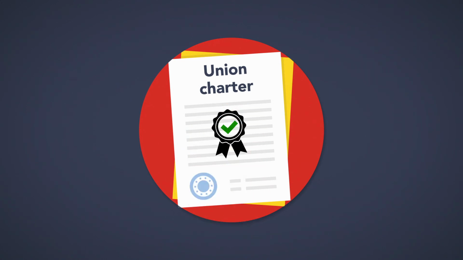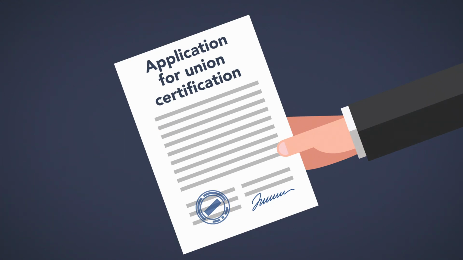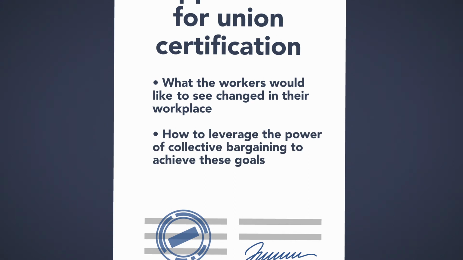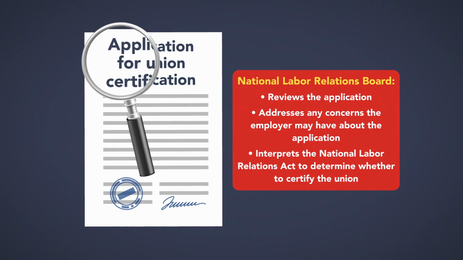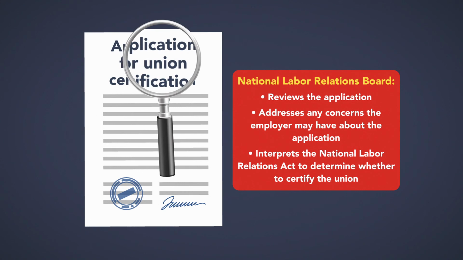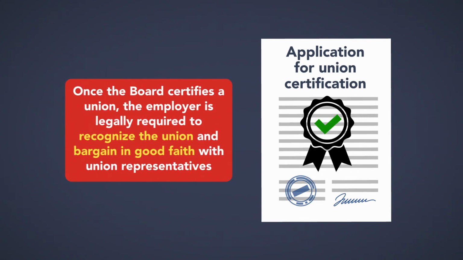To earn certification, union organizers must file an application with the board requesting collective representation of a bargaining unit. The application describes what the workers would like to see changed in their workplace and how they can leverage the power of collective bargaining to achieve these goals. The National Labor Relations Board reviews the application, addresses any concerns the employer may have about the application, and interprets the National Labor Relations Act to determine whether to certify the union. Once the board certifies a union, the employer is legally required to recognize the union and bargain in good faith